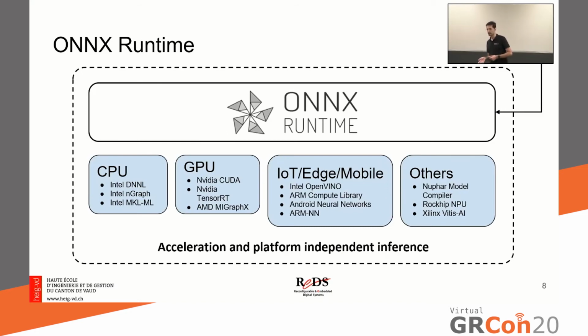Here we can see that, as I said, what ONNX Runtime provides us is an abstraction layer between our model and how you run the model. So for example, you have an ONNX model that can be run on a CPU, on a GPU. It can be run using a special library for deep neural network acceleration. It can be run in an FPGA. It can be run in an ARM CPU. So basically, it provides an abstraction layer between the model and the inference.